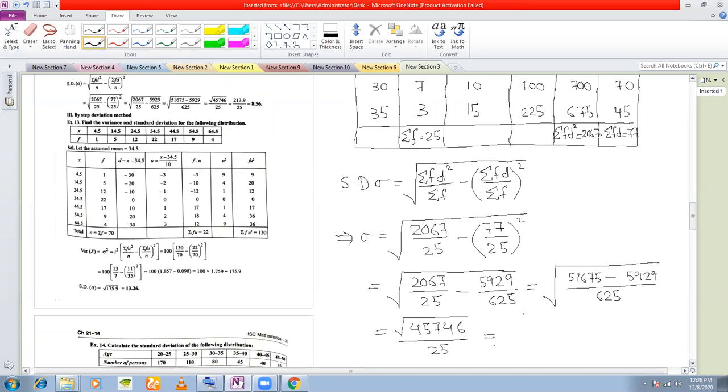Square root of 45746 is 213.9, and this 25 will remain here, and therefore when you divide you get 8.56 as your standard deviation. If you want to find the variance, square the standard deviation and you will be able to find your variance. Okay, so I stop here for today. Next day